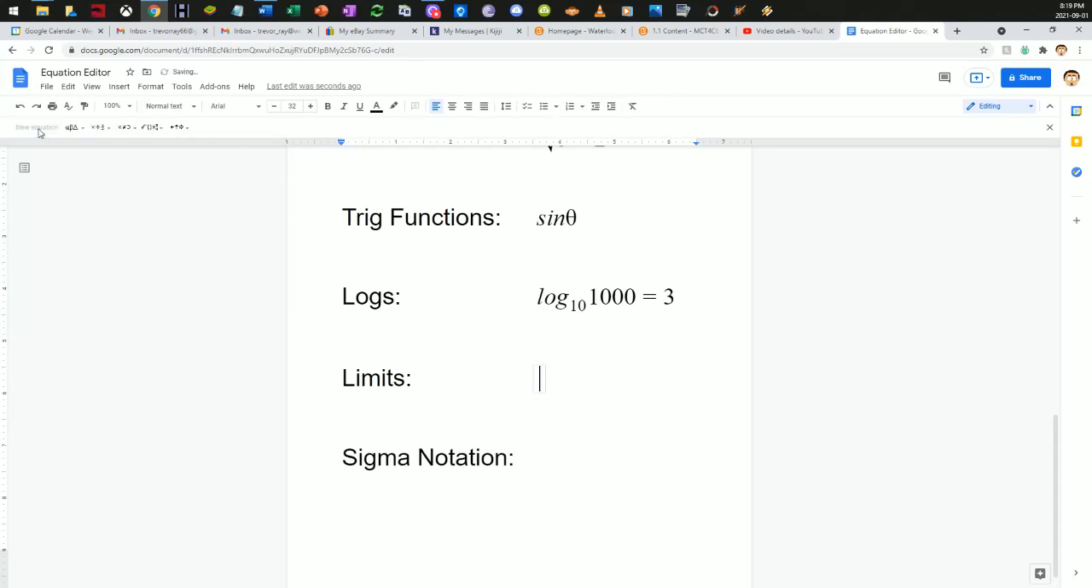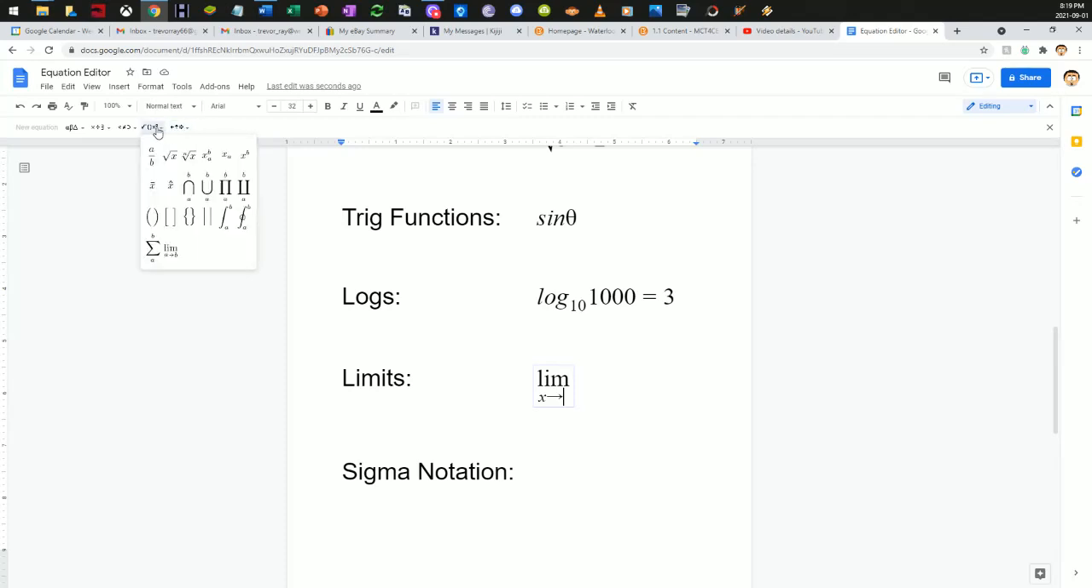Limits are up here, I believe. This one actually even has the arrow put in. So the limit as x approaches, let's do something a little different. X approaches, is infinity an option? I honestly don't know if I can even do infinity. I cannot. The limit as x approaches 5 of